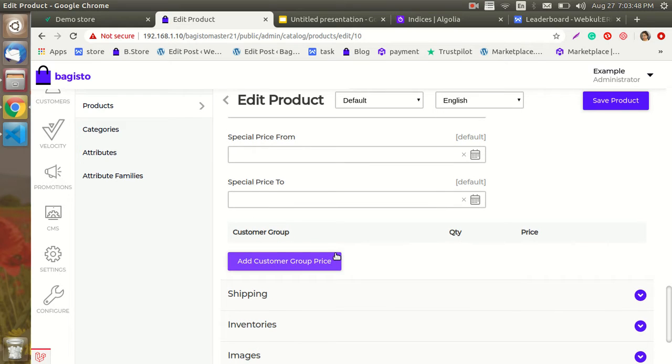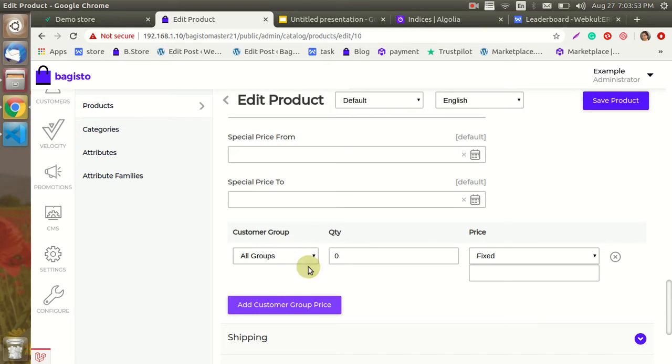And guys, this is the customer group. So by hitting add customer group price, the admin can choose all the groups from this particular drop down. If you have multiple groups, all groups will be listed here. So now I'm going to choose wholesale, and this is the minimum quantity which a customer needs to buy for this price, which I'm going to set. Here I'm putting a 1. Then I am giving a $90 price for this product for this particular customer group, which is wholesale.